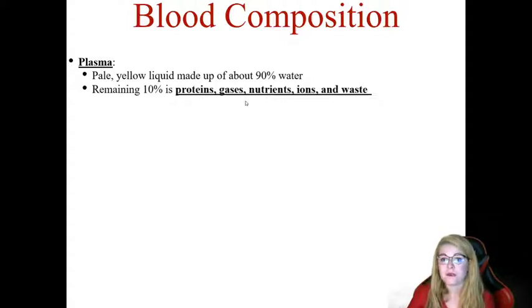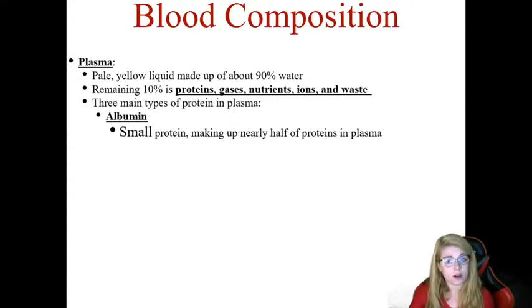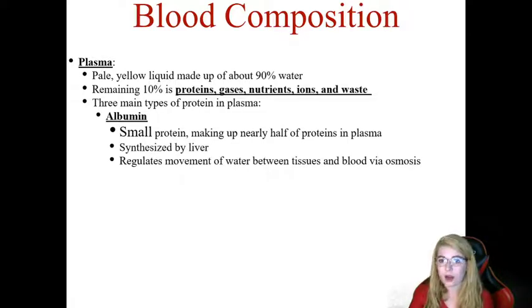There's 3 main types. The first is going to be albumin. You may have heard of this before, or if you've ever paid any attention to your blood work, then maybe you've seen this on a medical chart before. But albumin is a small protein. It makes up nearly half of the proteins in your plasma, and it is made or synthesized by your liver. It is involved in regulating movement of water between your tissues and your blood through osmosis. So again, it's maintaining kind of a water balance between your blood and the tissues that the blood is delivering